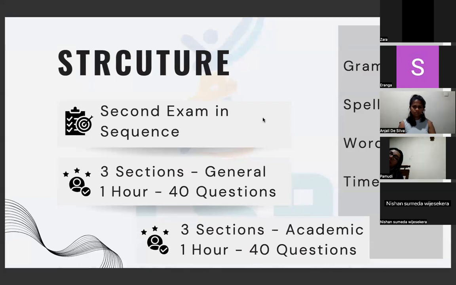Then spellings. Even a single letter that is not included, or if it has been additionally included, then it's wrong. For example, let's say the correct answer to a question is D-O-G, dog, and you have put dogs, that is incorrect. Do you understand what I mean? If you have put dogs, that is incorrect. So even a single letter here and there, your entire answer will be marked as incorrect. All right. No half marks are given.